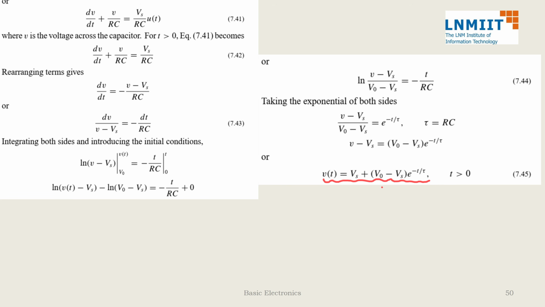Now if we look at this outcome, Vs is basically our source voltage and V0 was the initial voltage across the capacitor. So if we break down and make it easy, then we can say that this is the generic equation which we will get for a sourced or a DC response or a step response of RC circuit,